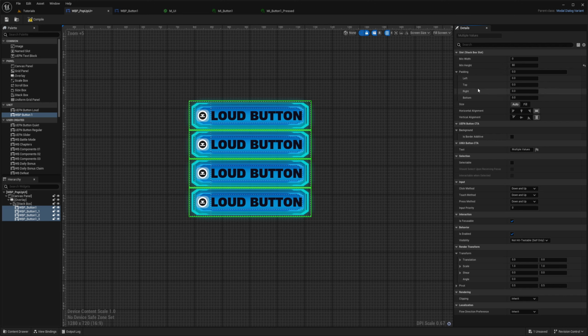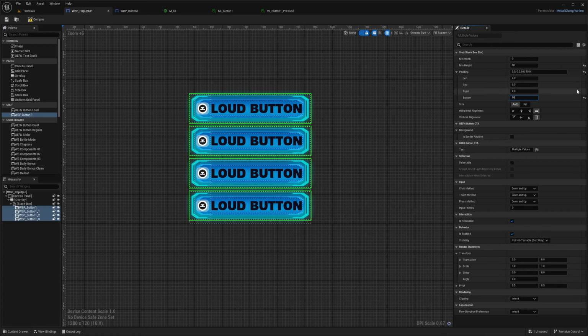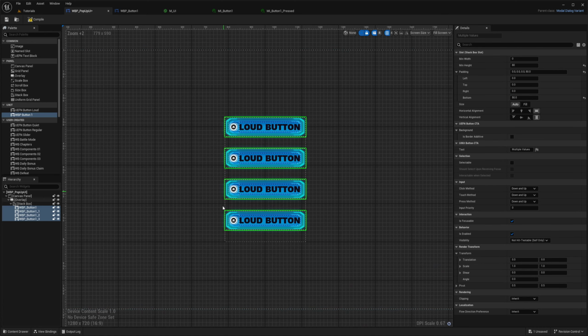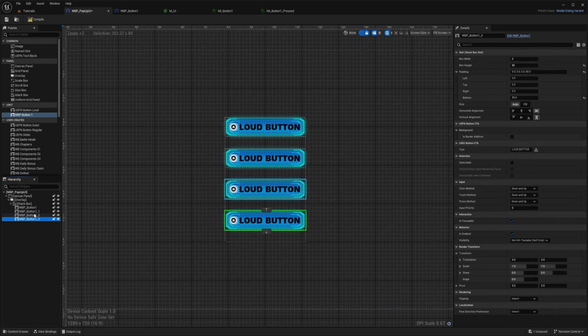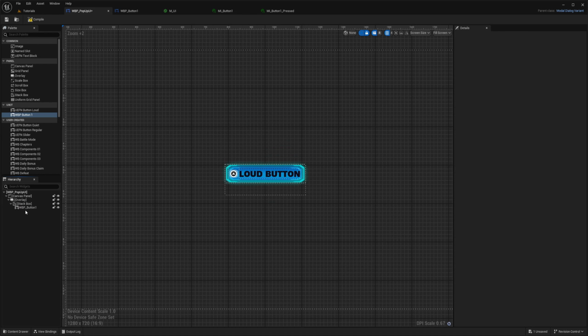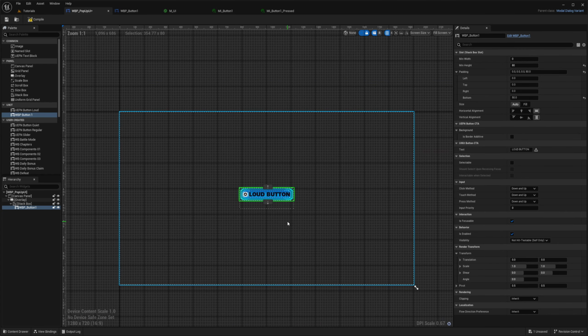Like, let's say on the bottom, 10 pixels or 50, you see, and then it will stay like that. So this stack box helps really nicely. Let's for now delete this. There's one problem